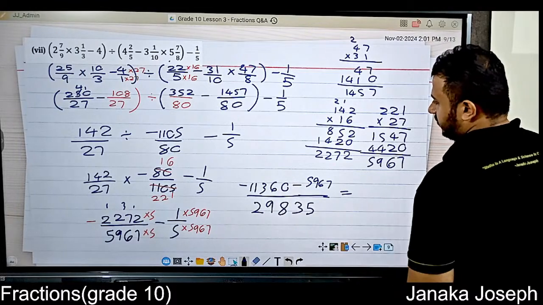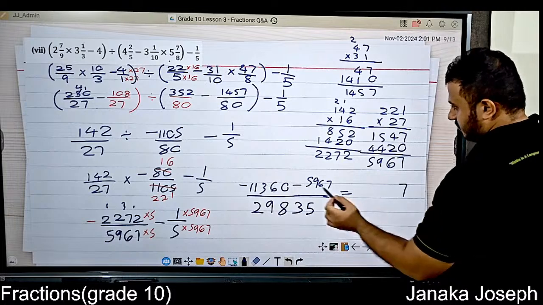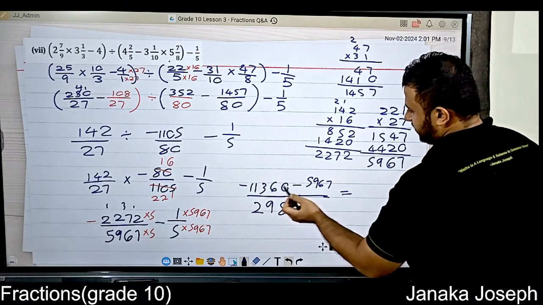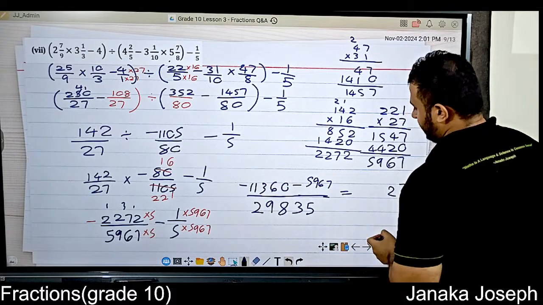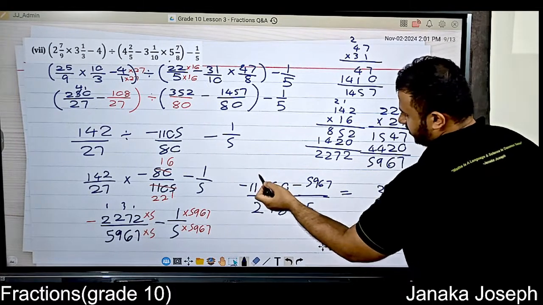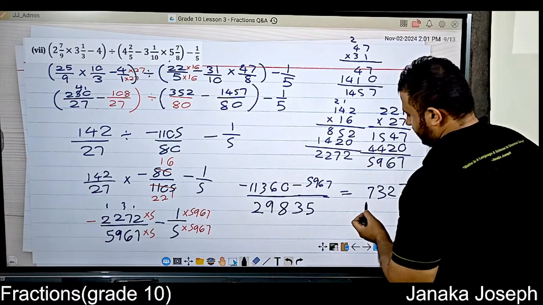Actually, negative and a negative, it will become more negative, so you will add them up. So 0 and a 7 is a 7, 6 and a 6 is 12, 1 comes here, so it's a 4 and a 9, 13, 1 comes here, 1 and a 1 is a 2, with a 5 is a 7 and a 1